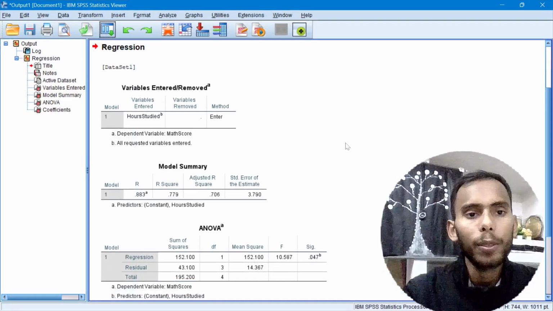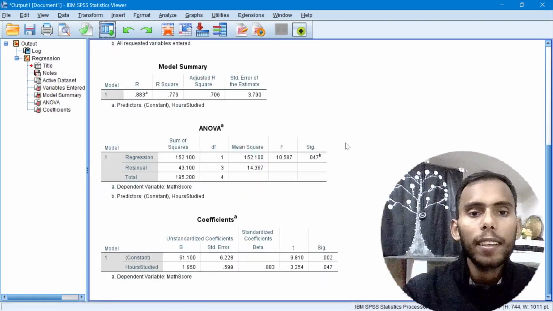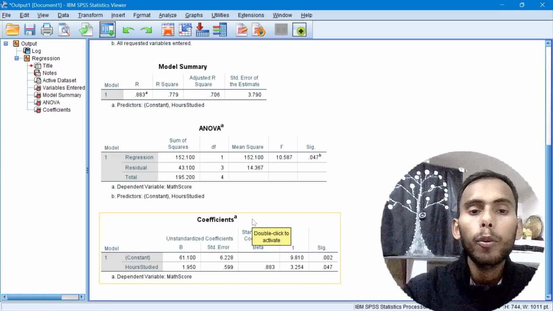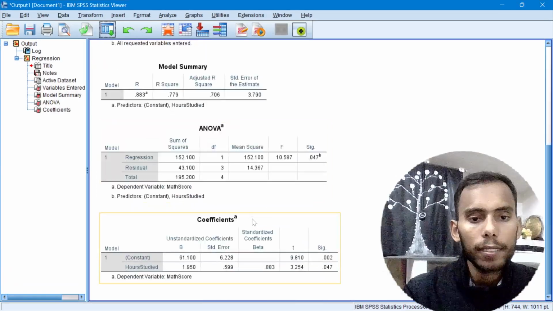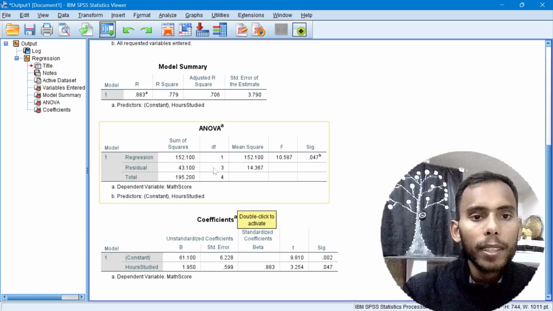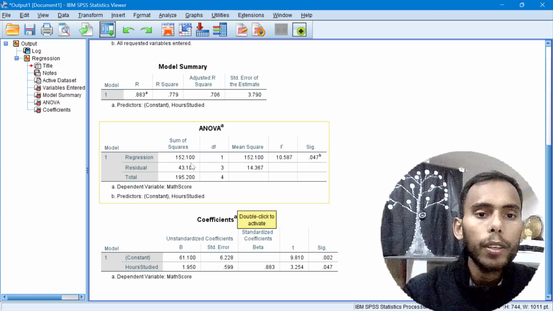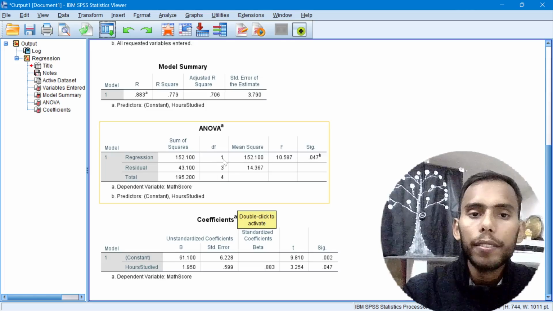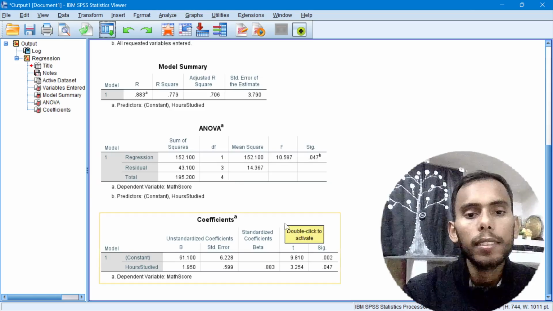Here is the output. All the summary, ANOVA test, all the things are right here. For example, here we have sum of squares 152.100, residual is 43.1, and total is 195.00. Our DF is 1, 3 and 4. Mean square is given, F statistic is given, and